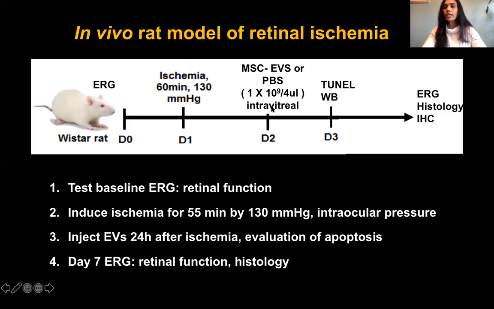Then 24 hours later, post-ischemia, we inject 4 microliters of this many EVs into the eye intravitreally. Depending on what we are measuring, if we have to study apoptosis or neuroinflammatory, pro-inflammatory markers, we collect the retina 24 hours post-injection. Otherwise, we let them stay for one week. At the end of the 7th day, we do ERG and then collect the retina for histology and immunohistochemistry